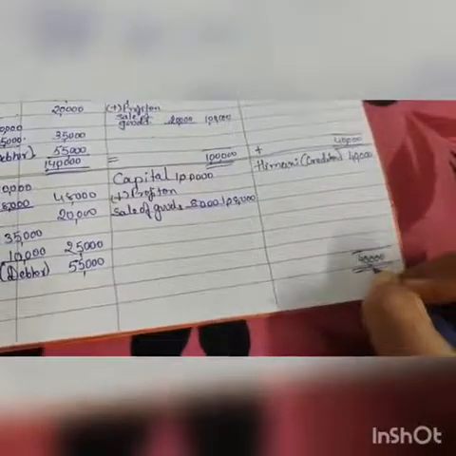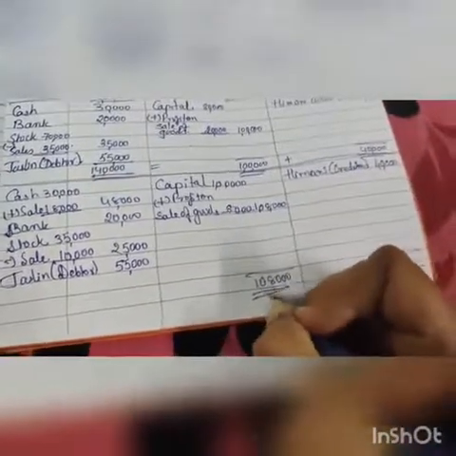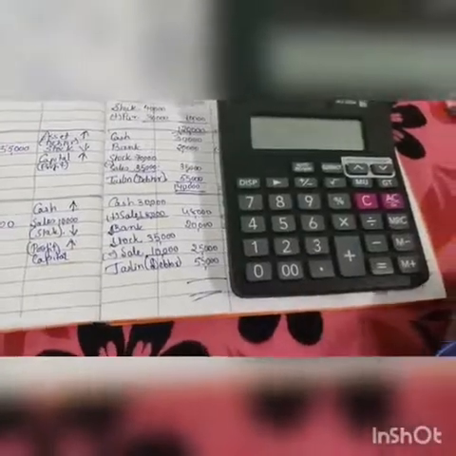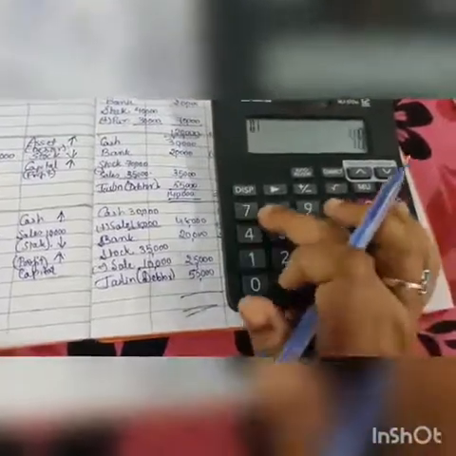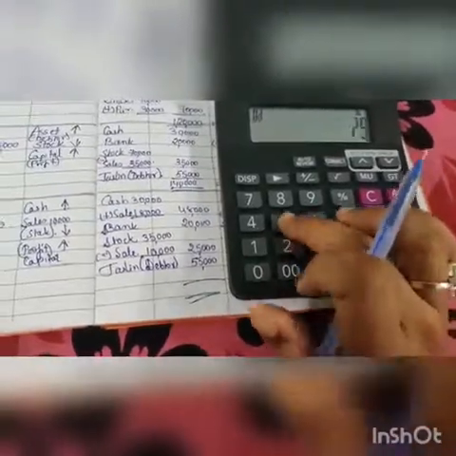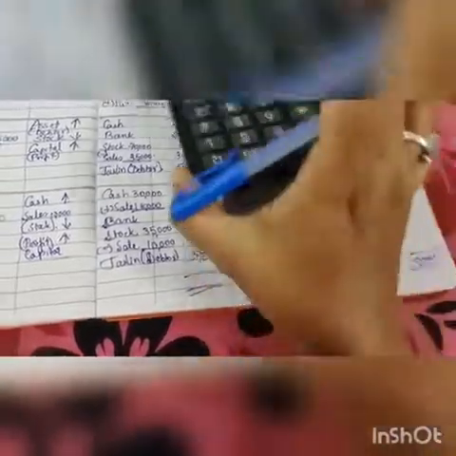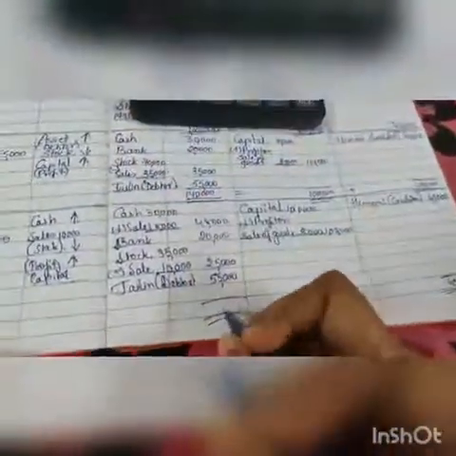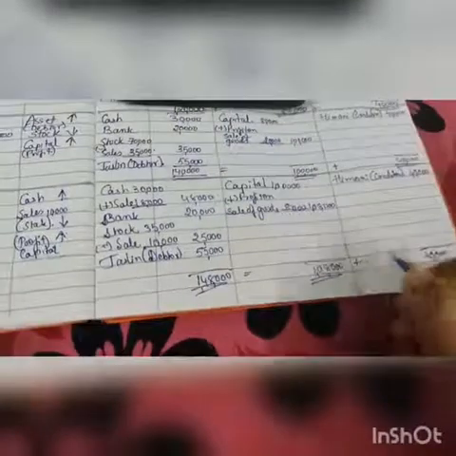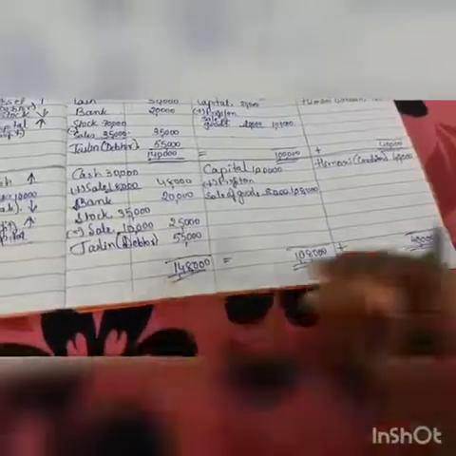First of all, here we are having as it is 40,000, here we are having 1,08,000, and now we will do the addition, that is 48,000 plus 20,000 plus 25,000 plus 55,000, that is coming to 1,48,000. So see, here we will write down 1,48,000. Here is equals to sign and here plus sign. So see, 1,08,000 plus 40,000, we will get 1,48,000, and this side is also 1,48,000.